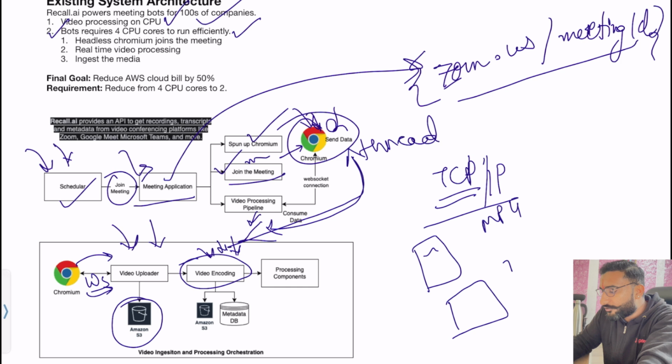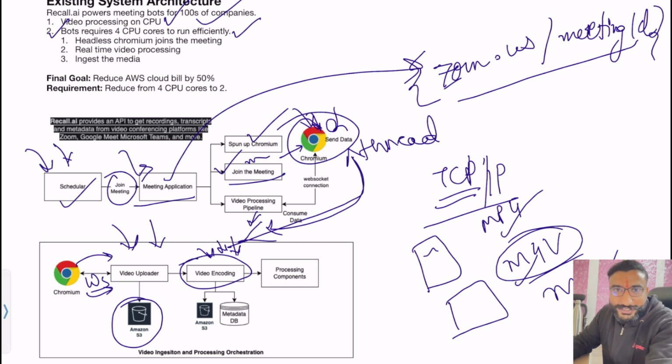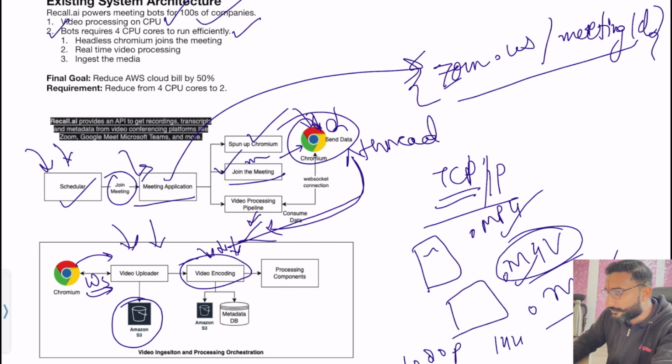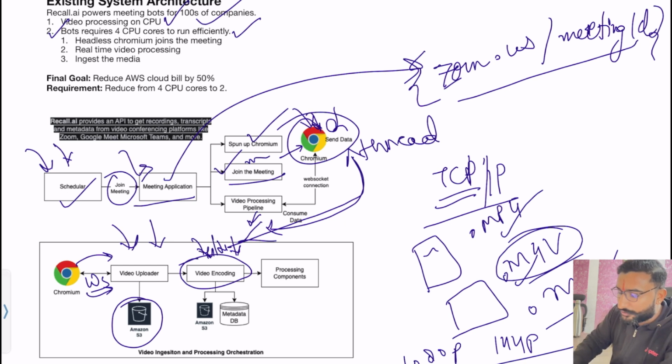Some support MP4, some support M4V, some support MOV. So these are the different formats. I'm not sure these are the formats which actually exist, but there are different formats available, and then there are different resolutions. Let's say 1080 pixel, 144 pixel, as I said, depending on the internet. So that's how your encoding is helpful.